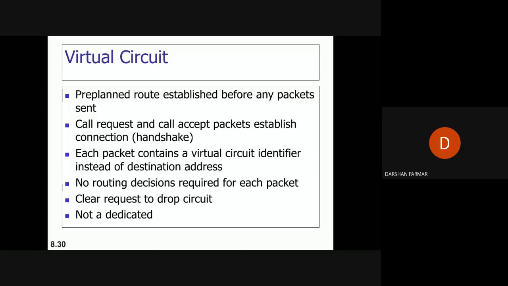We have the request and accept for sending and receiving the packet. In each packet we also have the destination address, which we need to send through the different routers. So the router will know from where the message has to be sent. Here no routing decision is made, because all the routers are already assigned that we need to follow this path.